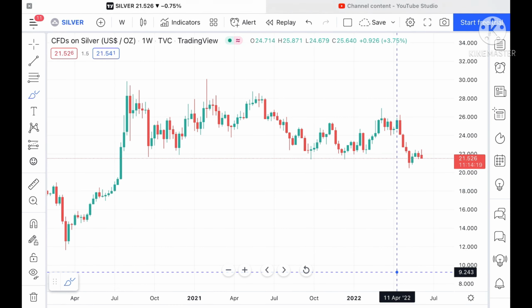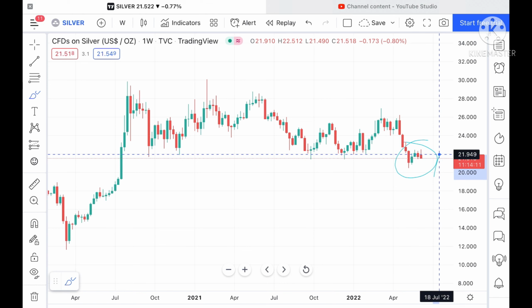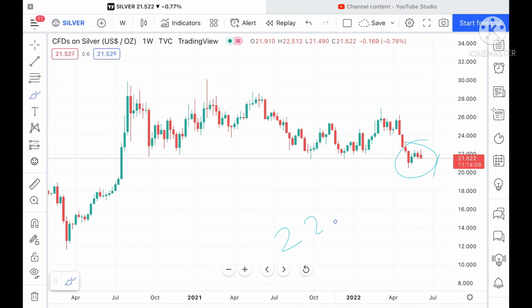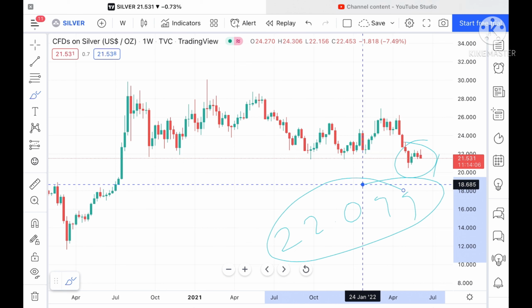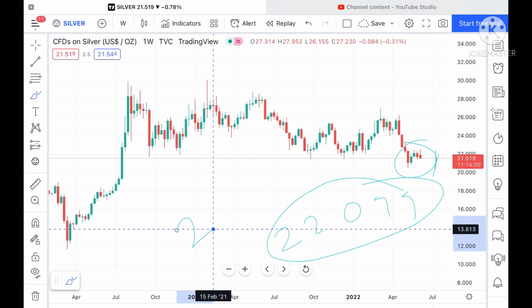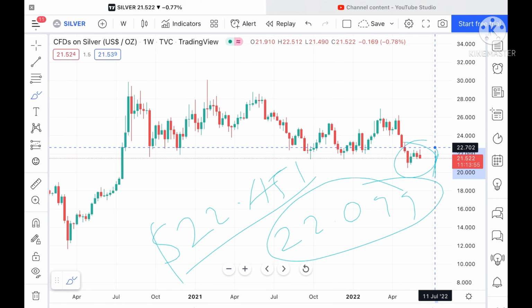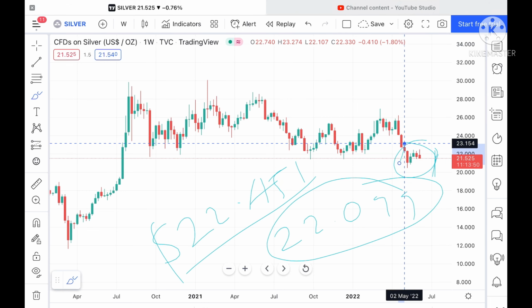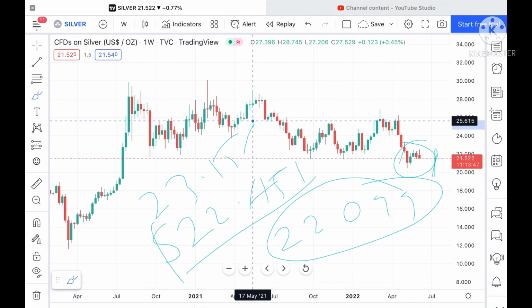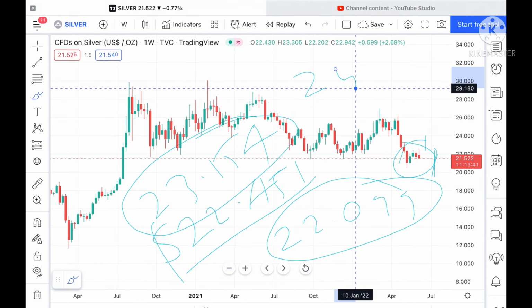Suppose the price moves upside, that means if the price sustains this particular level, we can see it can go further upside towards a level of 22.099. After that, if this level also sustains, then we can see it can move further higher towards a level of 22.451. If the price sustains this particular level also, then we can see it can move further upside towards a level of 22.702, and from there it can go to a level of 23.154. Once this level sustains, then we can see a probability of going towards a level of 20.05.